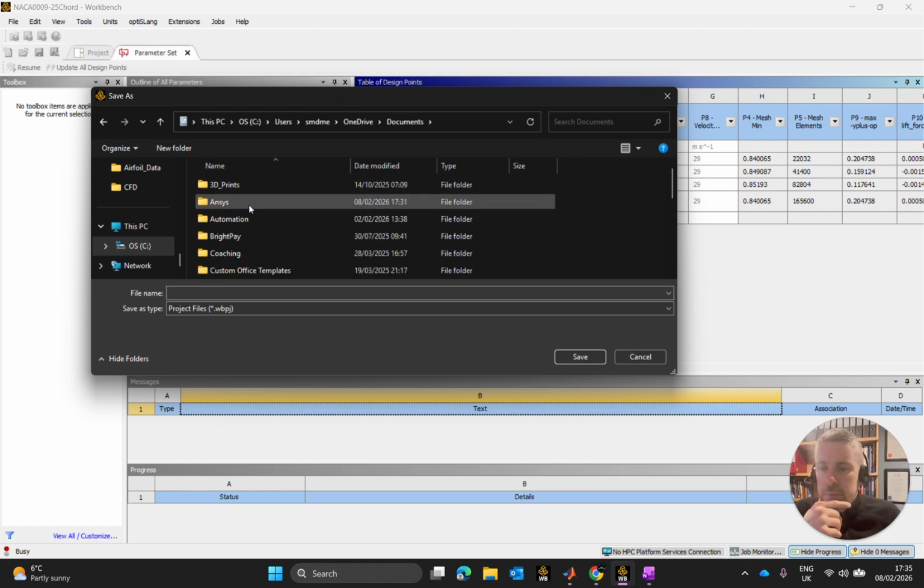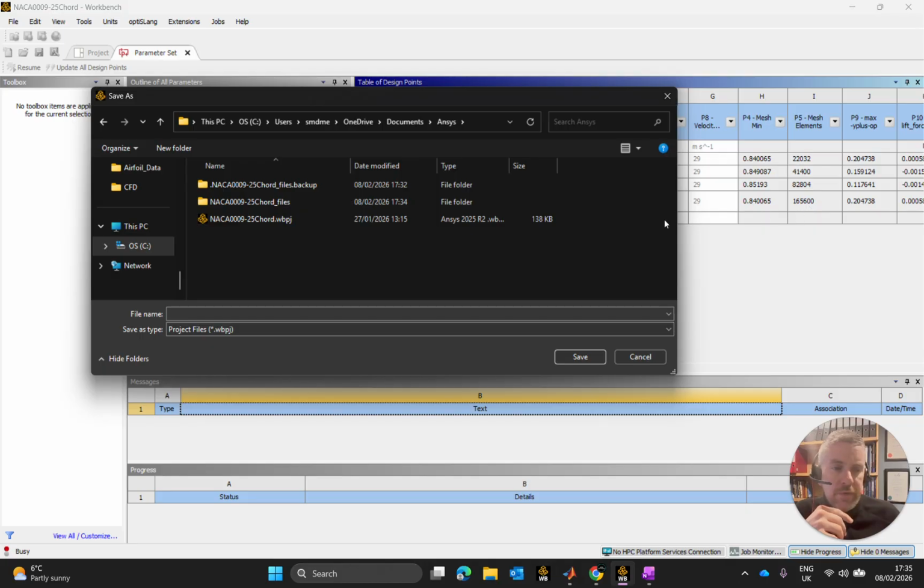because I don't really want to undo my files here for my mesh independent study up to that. So I'll go back onto the documents here. I'm going to take off the 25 chord, and I'm going to go for NACA 0009 and then call alternatives. And I'm going to do it like this here. V alternatives. And we're going to call this, bring in alternate airfoil profiles, and we'll compare it against the NACA